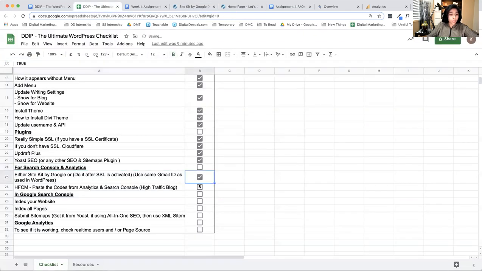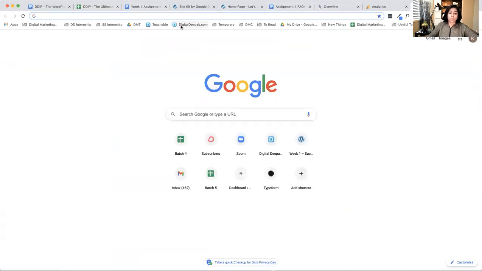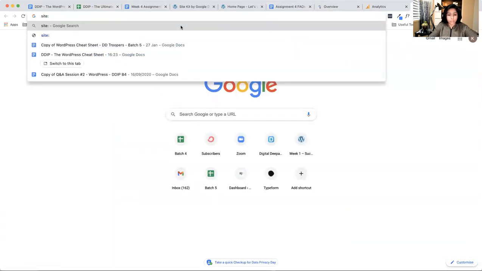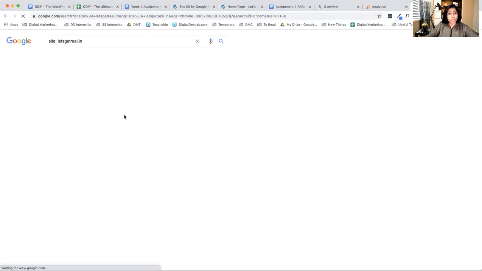Let me also go back to the checklist. Okay, we did this method. Now we will talk about indexing the website. So what we will now do is there's something called indexing. So if you see, if I just search site:letsgetreal.in